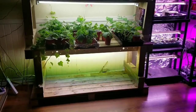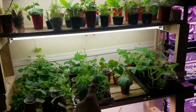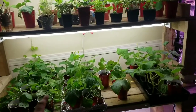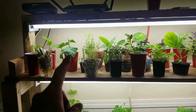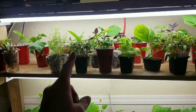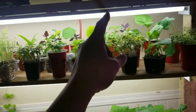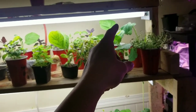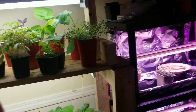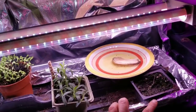Alright guys, so we brought all the tomatoes out and a few of the others, not very much, but this is what's inside. Cucumbers, cucuzzas, and all different varieties. And I believe some loofahs. We've got cucumbers, dill, tomatoes, eggplant, basil, parsley, basil in the back, tomatoes, eggplant, cucuzza,